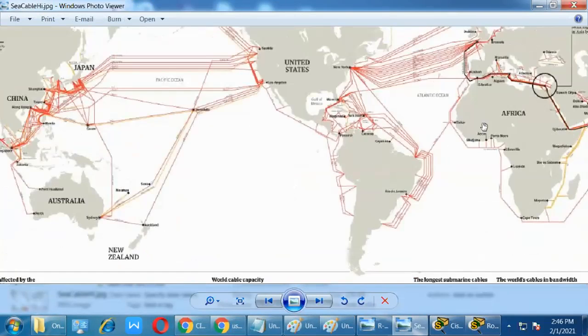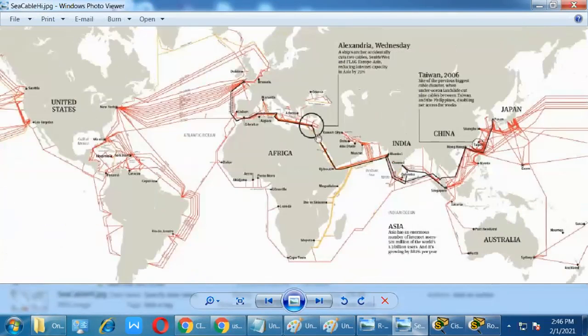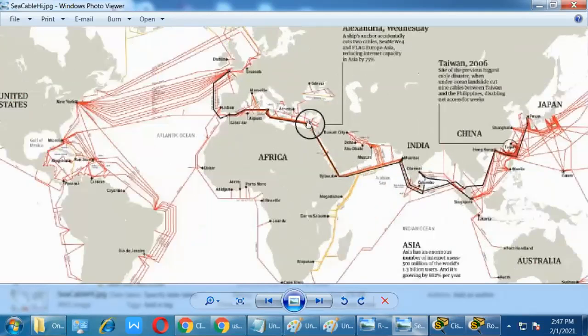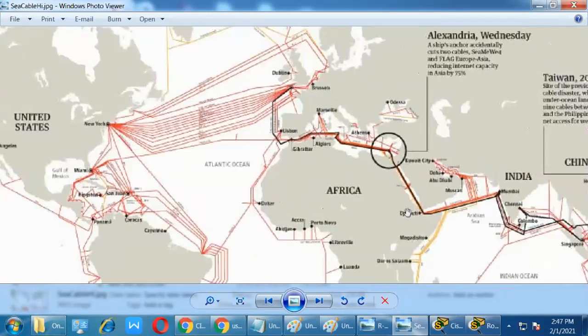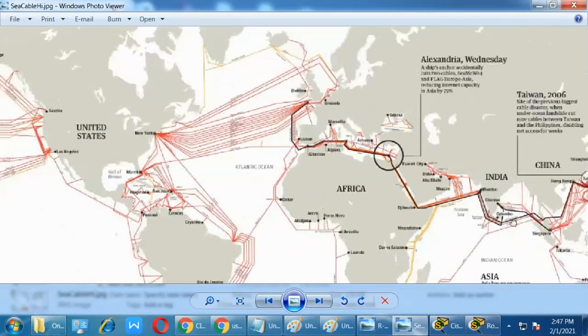This picture comes out when the cable is damaged. Here the cable is damaged by a shark or whale, or it happens on two sides, this side and this side. At that time, for 8 hours or 12 hours, I can't remember exactly, the whole network goes down. That time this picture comes out. So this is underground cabling, undersea cabling, completely undersea cable.